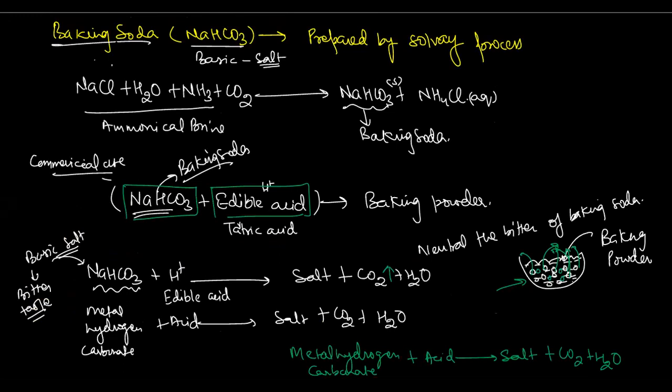Now talking about baking soda. Baking soda is actually sodium hydrogen carbonate only. This hydrogen carbonate is prepared by the Solvay process, and this is the same reaction where we passed carbon dioxide through ammonia-containing brine. We get this baking soda and ammonium chloride. Means on passing ammonia gas with water into the brine and then carbon dioxide, we get sodium hydrogen carbonate as a precipitate and ammonium chloride. So this is actually the baking soda. Got it? Got it, beta? Yes, sir.